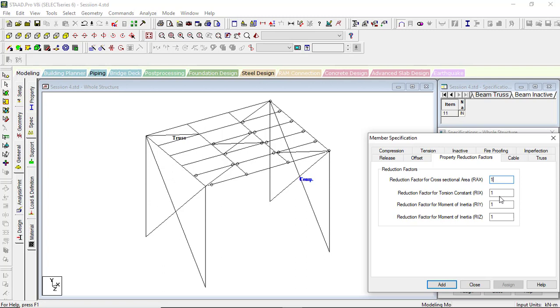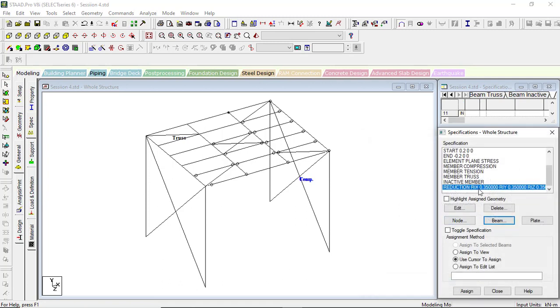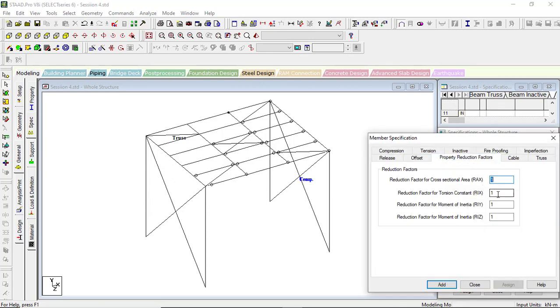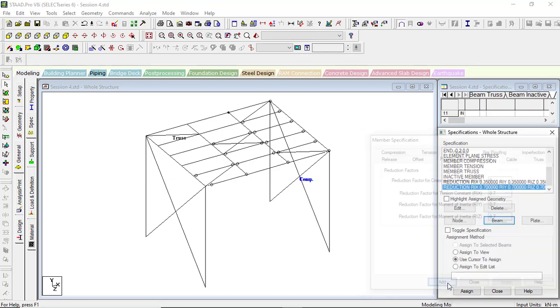So for steel members we are considering the full strength, so we are not supposed to reduce anything here. But suppose we are going to assign RCC beams and columns, so let us first assign the property and then we draw the RCC beam and column. So for beam it is 0.35, here again 0.35, and if I click add here, you can see reduction factor has been added here. Again for column also we need to add property reduction factor, so it is 0.7 as per Indian Standard Code. So we need to type 0.7, we need to add here.